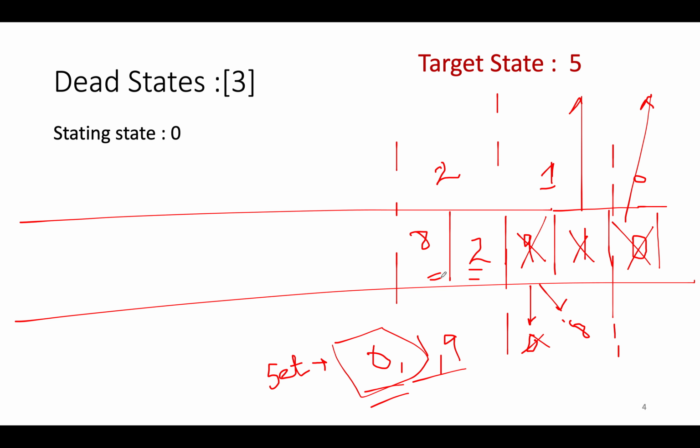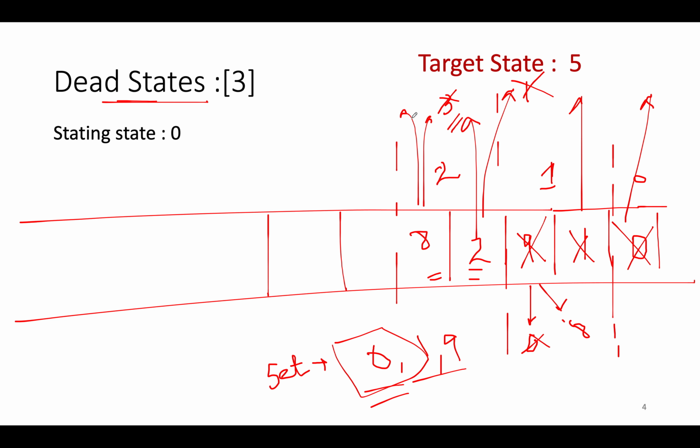So let's generate next states using these elements, and we'll pull out 2. We'll generate the other two states, one moving in clockwise direction, which is 3, and the other which is 1 going in anti-clockwise direction. 1 is already part of the visited set, so we'll ignore it. 3 is part of the dead states. Dead state means you cannot go beyond that state if you have reached it, so we'll ignore it again. Let's continue the process. We get 8, and from 8 you can go in two directions, one to 9 in clockwise direction, another to 7 in anti-clockwise direction.